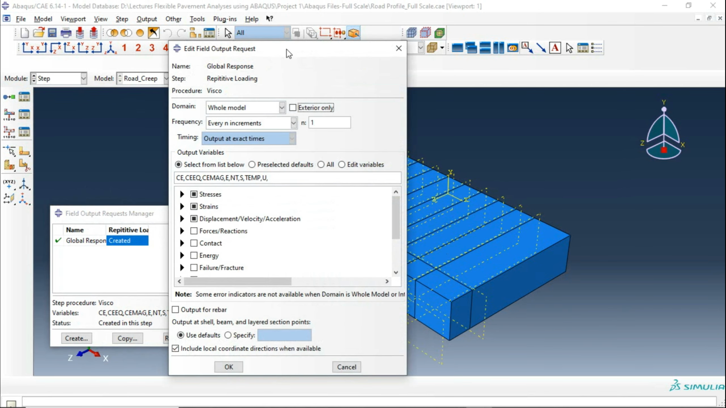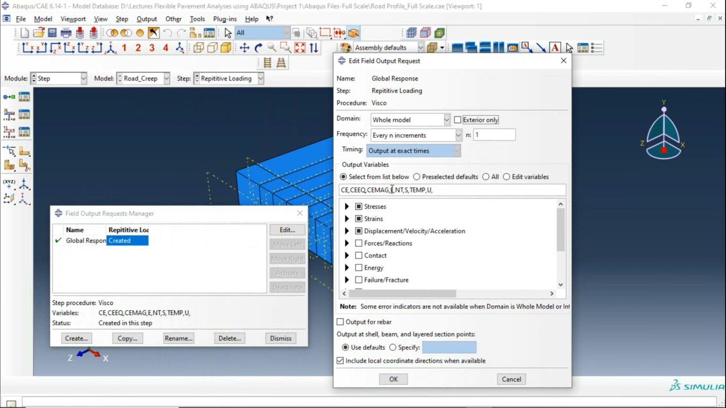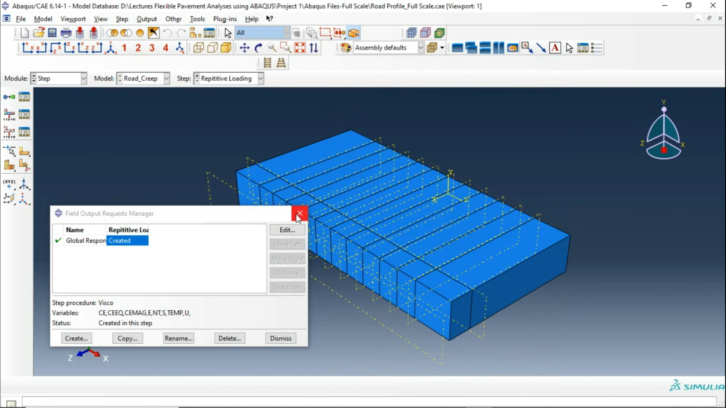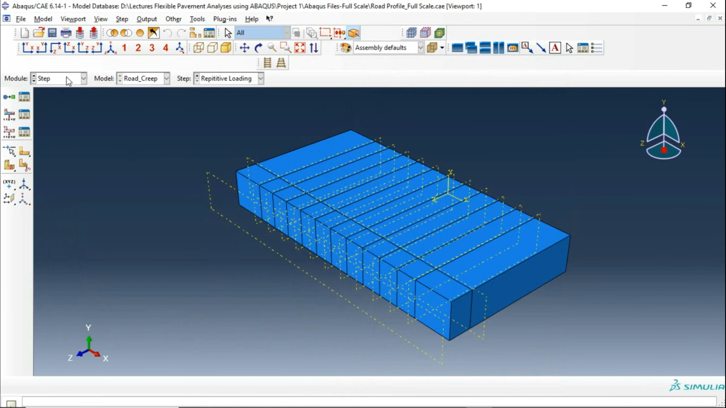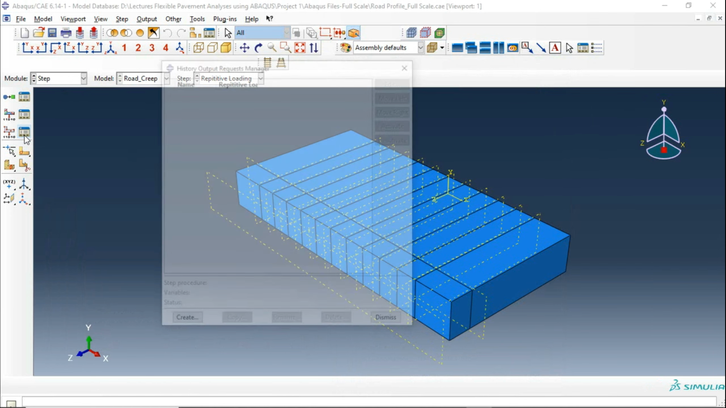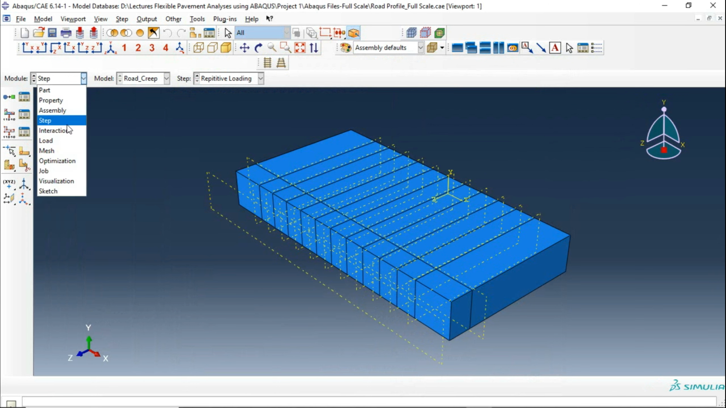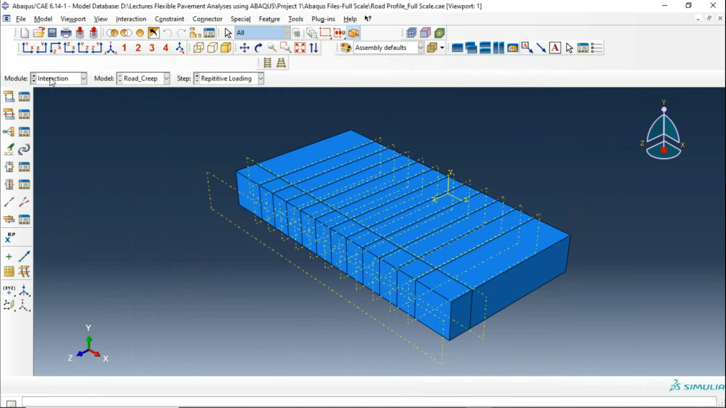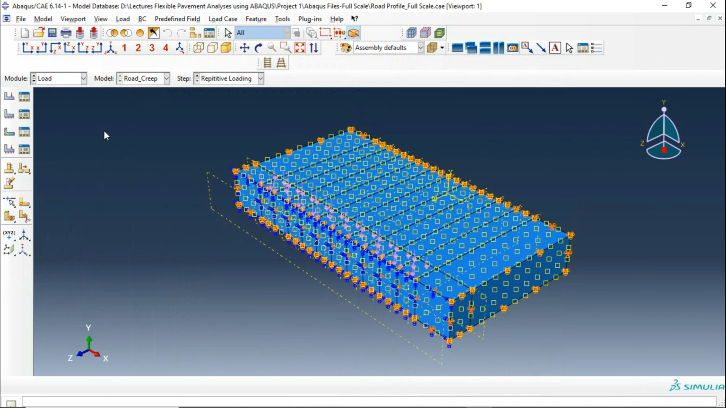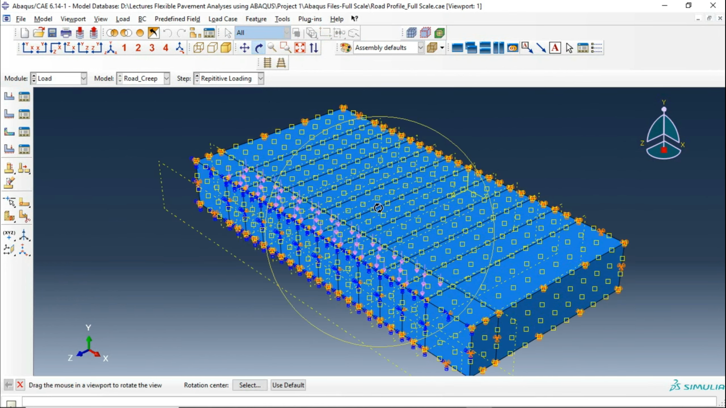And here I have this whole model: creep, equilibrium, plastic strain, parameters, and all those steps here. Other than that, I don't have any history output request in this model, and similarly, I don't have any interaction in this model. For loading consideration, it's important to know that